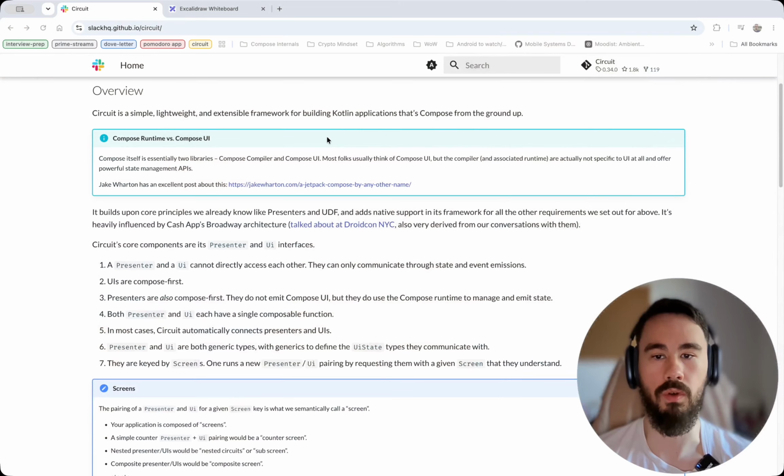Maybe you find that working with flows, when you have multiple of them, can actually get verbose and a bit unwieldy and unreadable. Or maybe you just like Compose so much that you would like to write more than just UI with it. And today you're in luck, because we are going to cover Circuit, that is Compose-first,